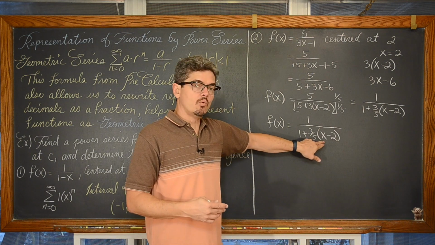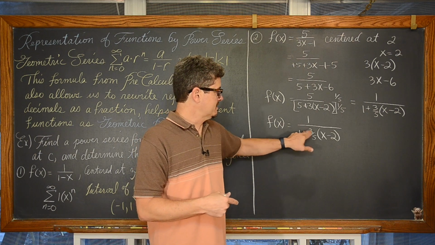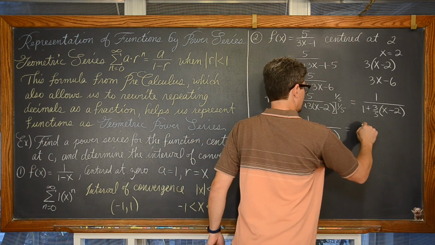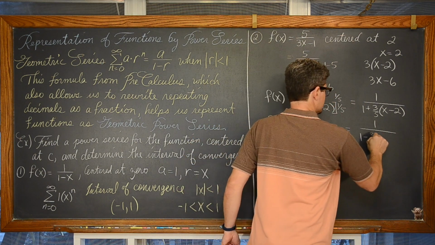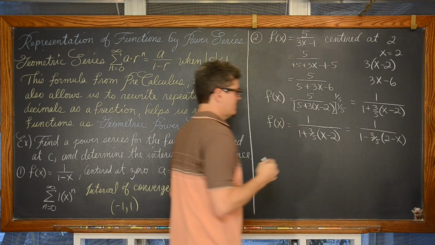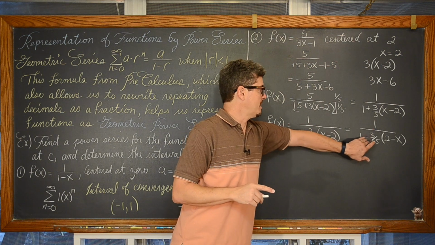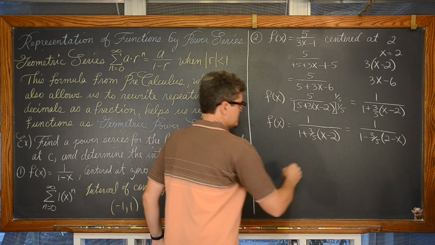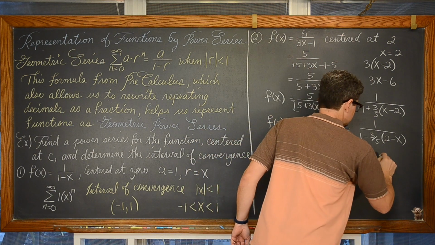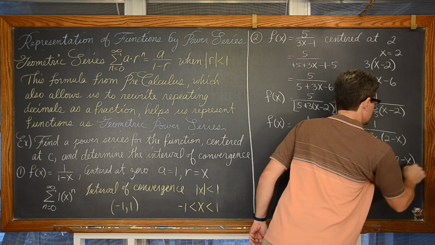or we can factor a negative 1 out of this x minus 2 to have a 1 minus something. So we're going to factor a negative 1 out of x minus 2 and have 1 over 1 minus 3/5 times 2 minus x. Okay, there we go. Now, we can see that we're in this pattern of a over 1 minus r, that our a value is equal to 1, and our r value is equal to 3/5 times 2 minus x.